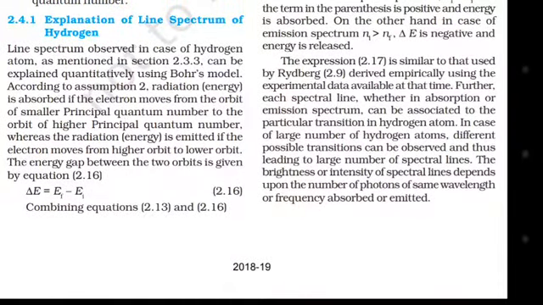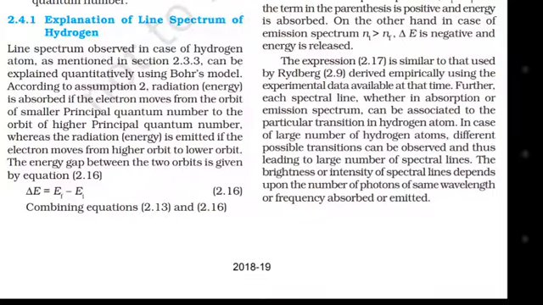2.4.1 Explanation of line spectrum of hydrogen. Line spectrum observed in case of hydrogen atom as mentioned in section 2.3.3 can be explained quantitatively using Bohr's model. According to assumption 2, radiation, that is energy, is absorbed if the electron moves from the orbit of smaller principal quantum number to the orbit of higher principal quantum number,